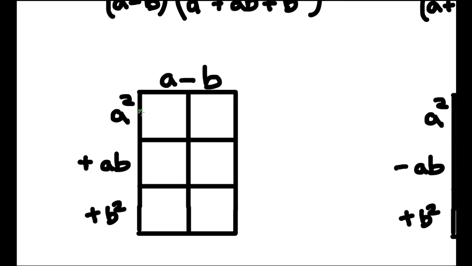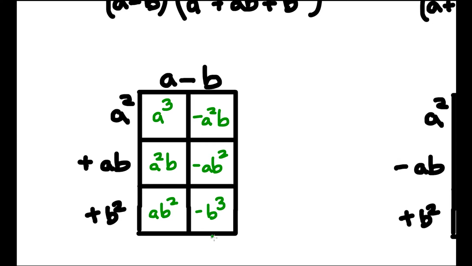All right, so the first thing I'm going to do here is multiply my a and my a squared, and you get a cubed. Okay, this right here where they meet, it's the negative b and the a squared, so it's going to be negative a squared times b. Here it's going to be a squared times b where they meet. Here it's going to be negative a b squared. In this next box right here we have a b squared,